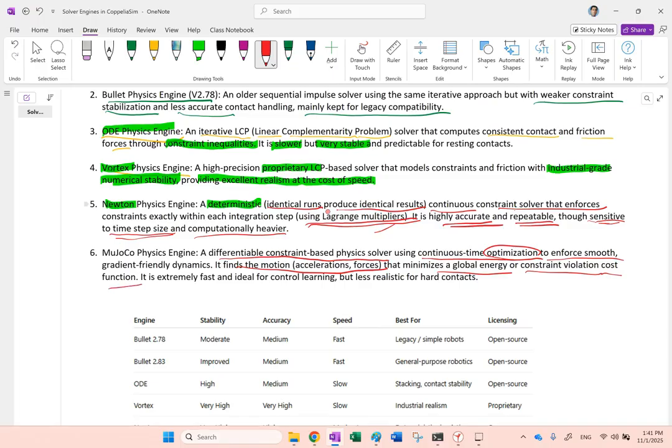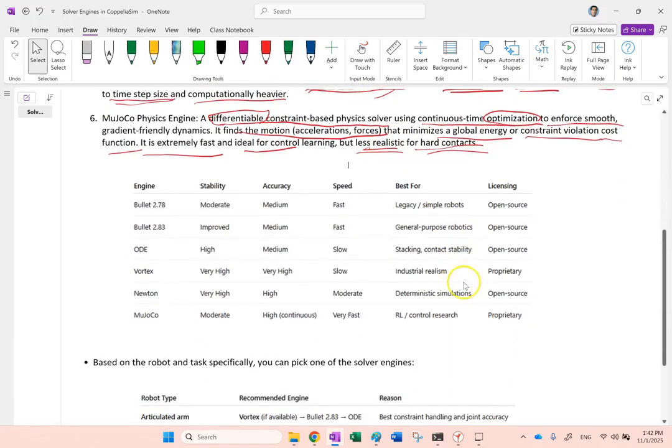And when you solve it, the good thing is the results that you get are going to be very smooth and they are differentiable. The good thing about it is that it's very fast, and if you want to do control jobs or so on, it can do a very good job, but with hard contacts, it could be less realistic. So if we want to summarize it all,